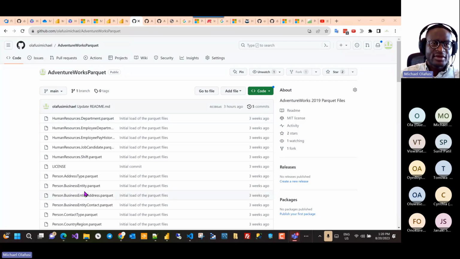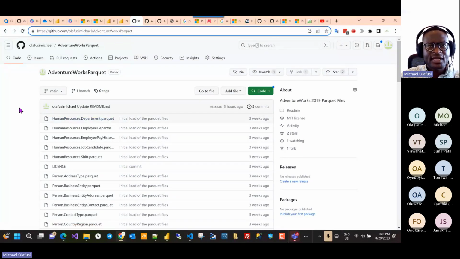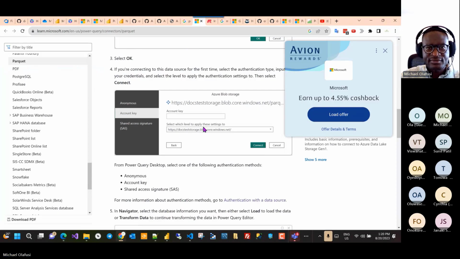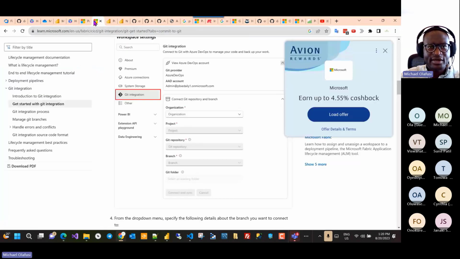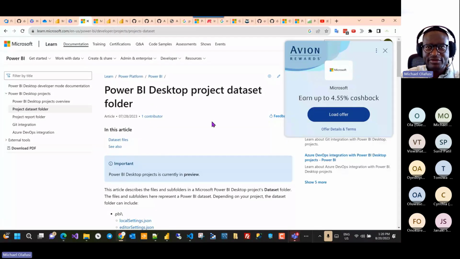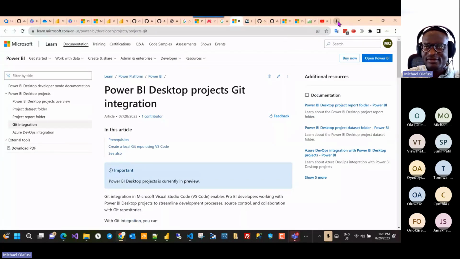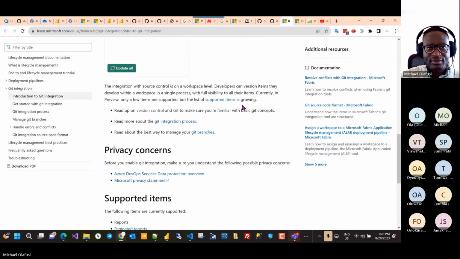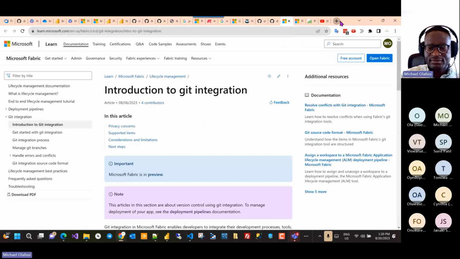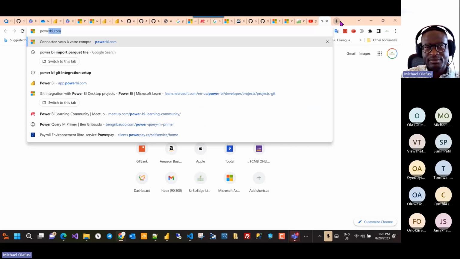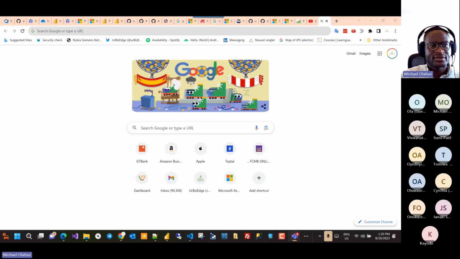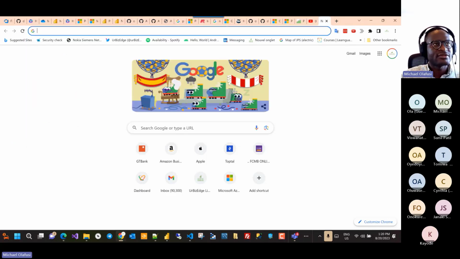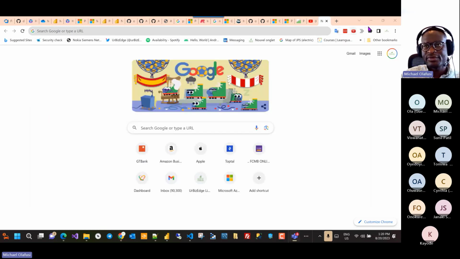You can use it, but you need to be aware that Power BI will not let you connect directly to it. For now, there's a restriction. Let me see if I can pull it up. I faced it and then I was surprised. Anyway, it's not part of what we are doing, so let me not overload us with things that are not. Just know that for you to use this repo,